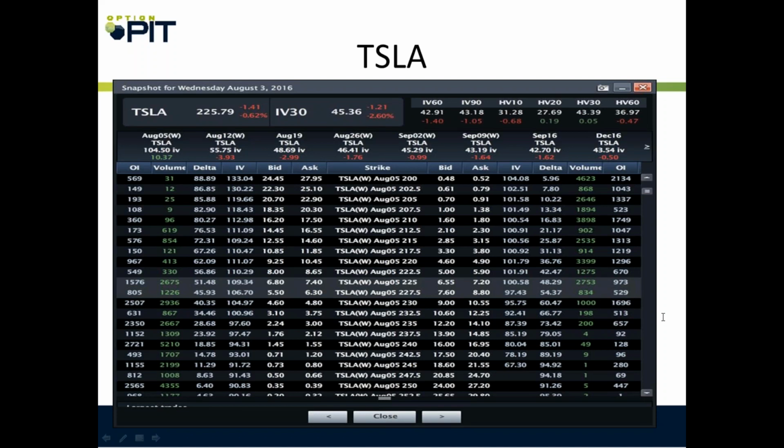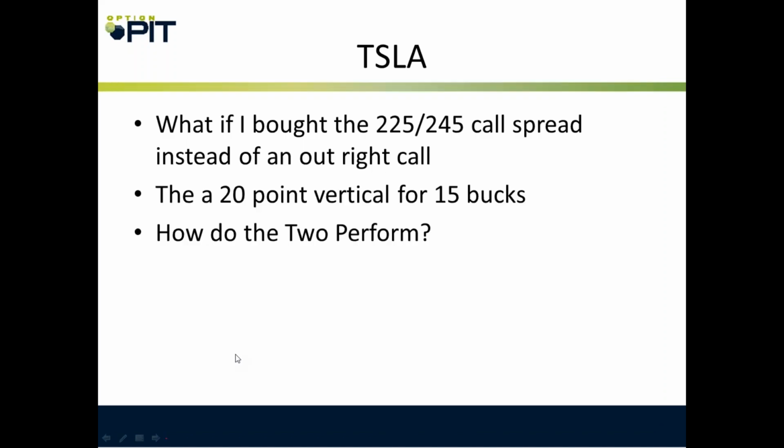So if you had bought an August 225 or 227 call, even those harder deltas, you probably didn't make very much money. If you bought something more deeply in the money, you probably won, but you were putting on a lot of risk. If you bought out of the money options, you probably got lost. Let's take a look here.